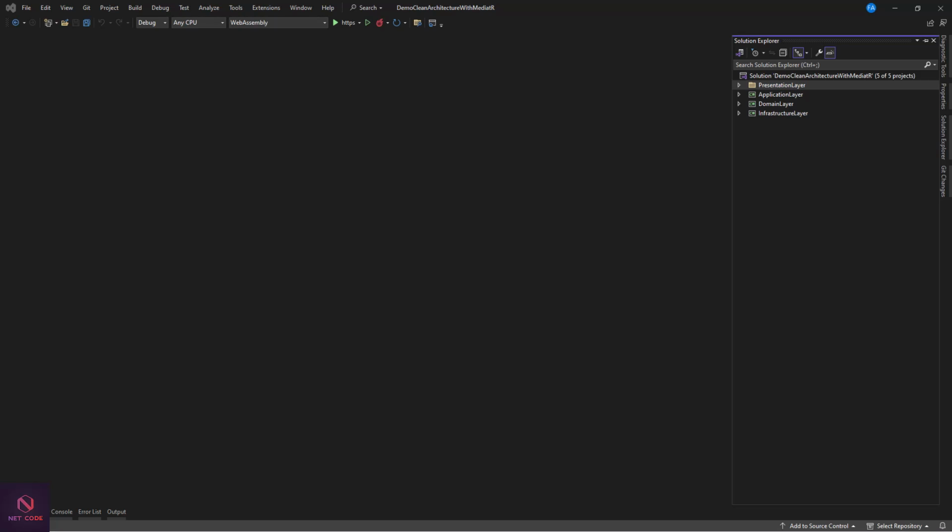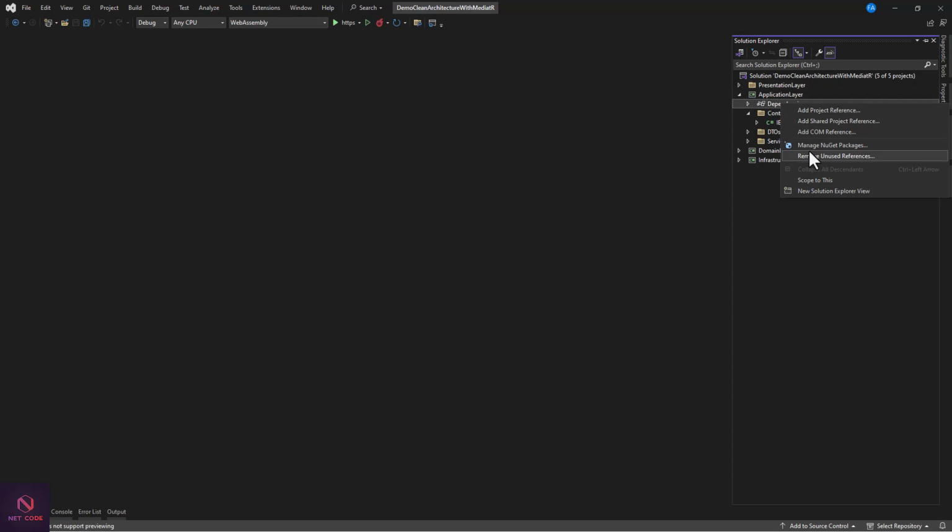Okay, so this package was created by Jimmy, and let's install. So we're going to install this to the application layer and also the infrastructure layer. Okay, so 2 of these projects are going to have this package. So let's open application, right click on dependencies, go to manage NuGet packages, and in that you're going